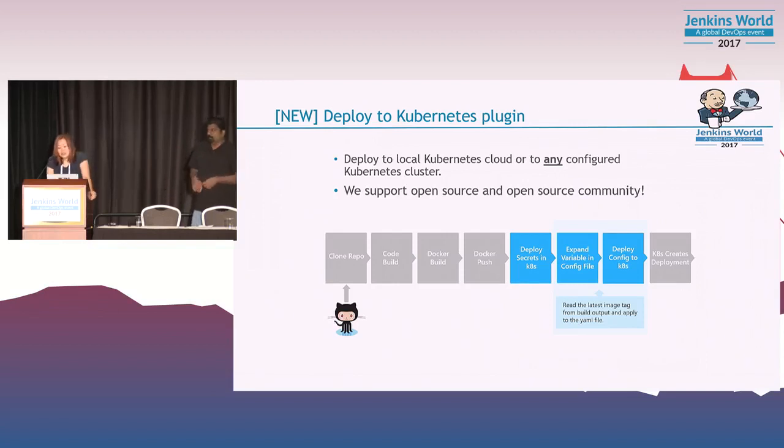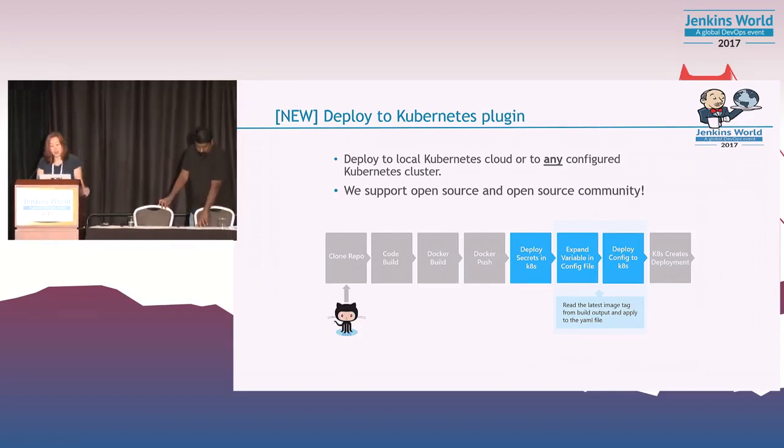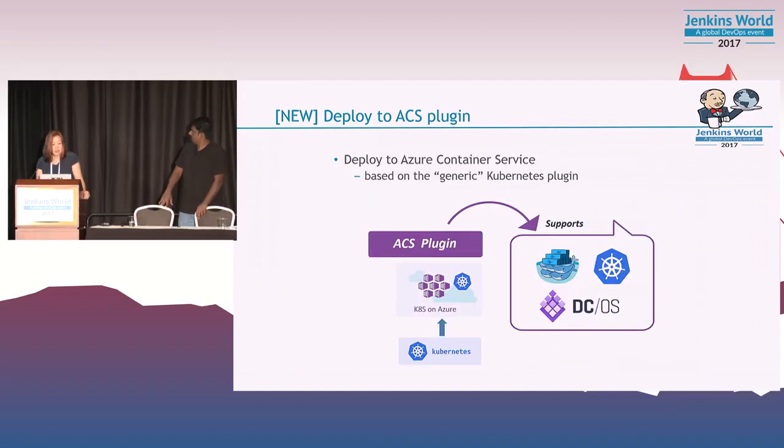That's right. So the plugin, there are already a lot of plugins out there to do the Docker file, to build the Docker image and push to Docker registry. So we don't do that, but the plugin will deploy the secrets in Kubernetes, get the image tag out from the build output, and put it in the YAML file, and then push it to deploy to Kubernetes. Now, of course, we